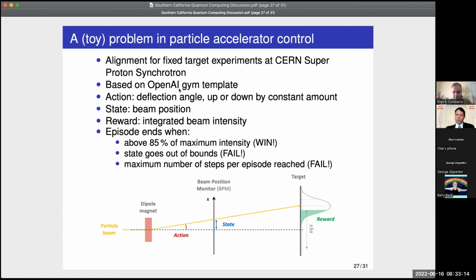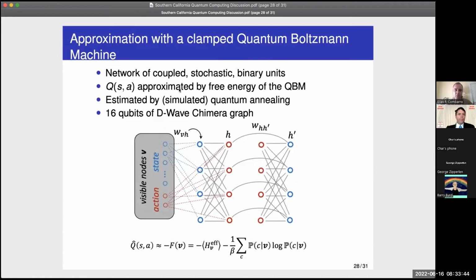Okay, so this is a real problem in accelerator control at laboratories like CERN. They solve this kind of problem with different techniques, like rule-based systems, but also with classical reinforcement learning. And here we replaced the classical way of learning the best way of steering the beam with the use of a Quantum Boltzmann machine. And this is something that had been proposed in the literature,